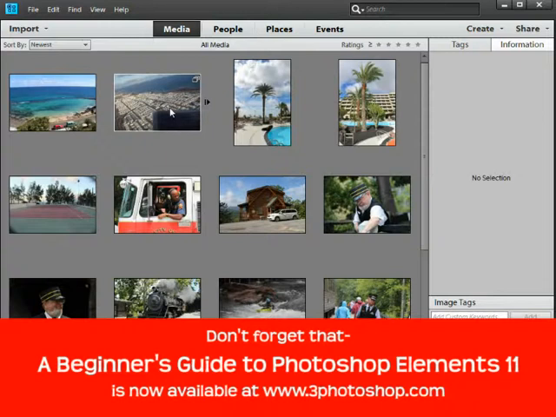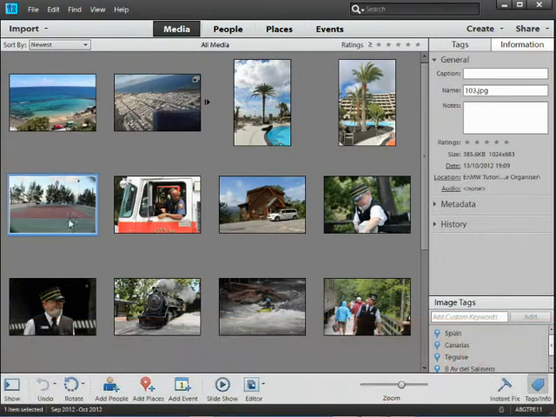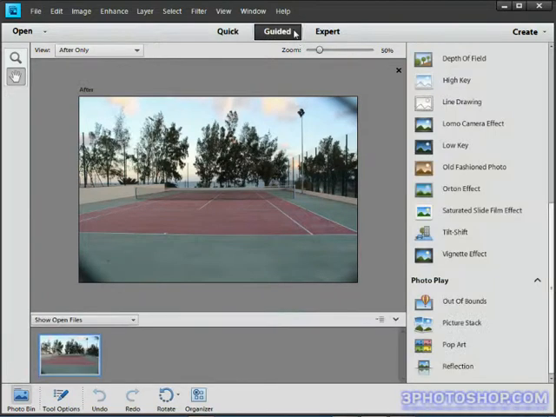To access it, we just need to select an image and then enter the editor in one of those ways I demonstrated in the previous chapter, and the one I'm going to employ is that ultra handy keyboard shortcut, which is Control I here on the PC or Command I on the Mac. That will open the image in whatever editing workspace we last used, so if it's the quick mode, then all we need to do is switch to the guided mode up here at the top,